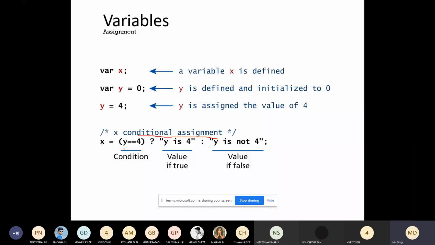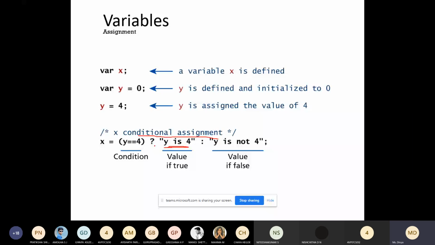Now you are checking whether x is equal to 4, similar to C programming. If it is true, then you are telling x is 4. If x is not assigned with the value 4, then it is telling y is not 4. The conditional assignment.